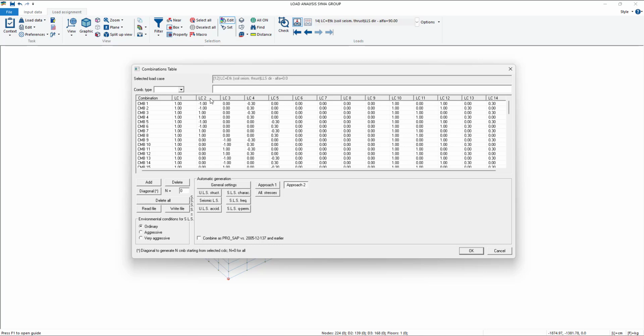That is the same direction of this load, which is alpha 0, but with a negative factor. Same for load case 14, that is 0.3, so the same factor as this one. This is positive because the load case already counts in the right direction, the negative one. This is negative because the seismic load case is just positive, so the program is considering it in the opposite direction by the negative factor.